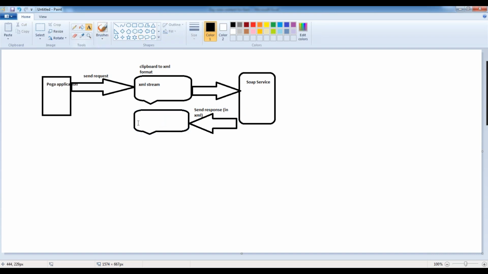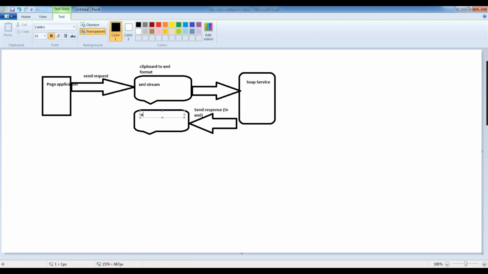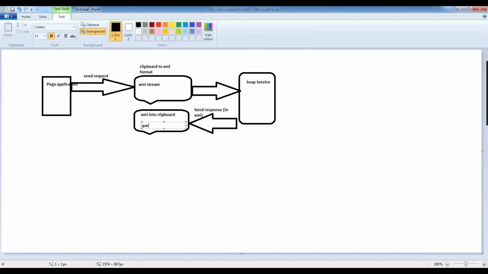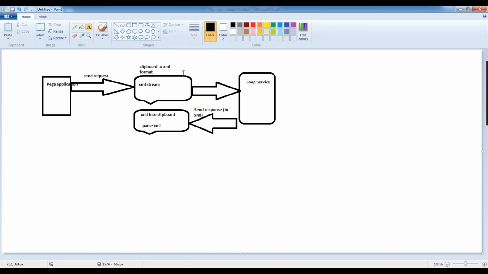To convert XML into clipboard structure, we use parse XML rules. Once it is converted, Pega can easily understand it. Once the data is on the clipboard, you can use any rules to display it, or do calculations, whatever you want.